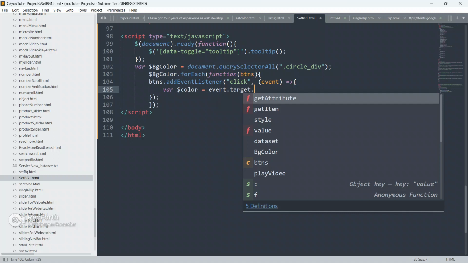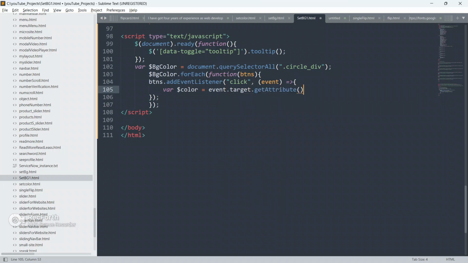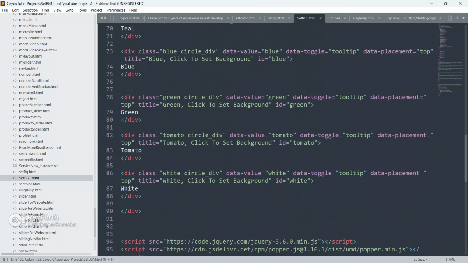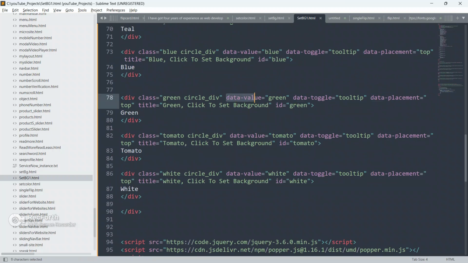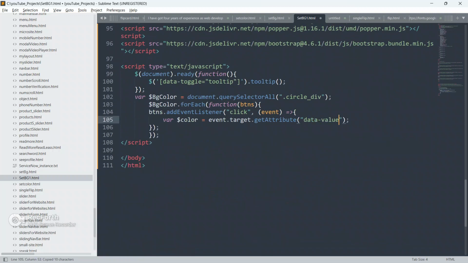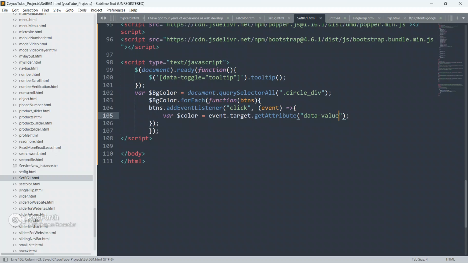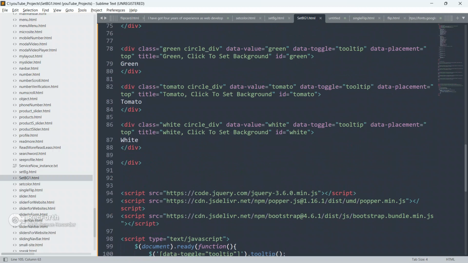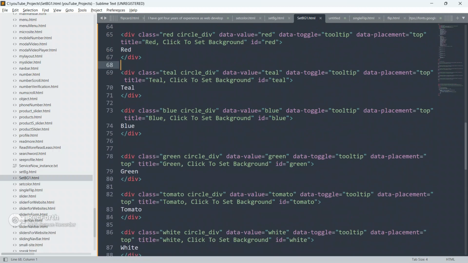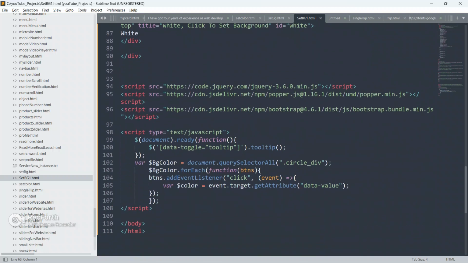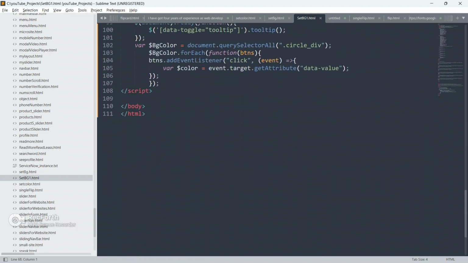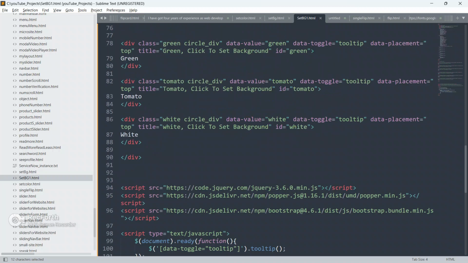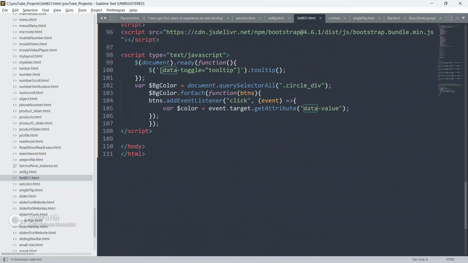And we are grabbing event.target.getAttribute. Which attribute, guys? We are going to grab this data value attribute. Paste it here. So guys, this line says on click of every div, all these 6 divs, we are getting its attribute.